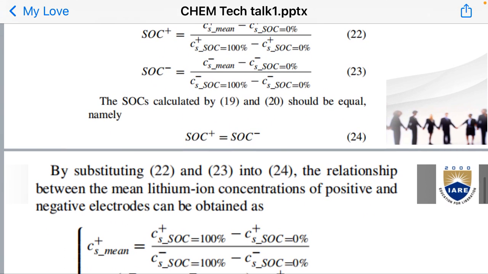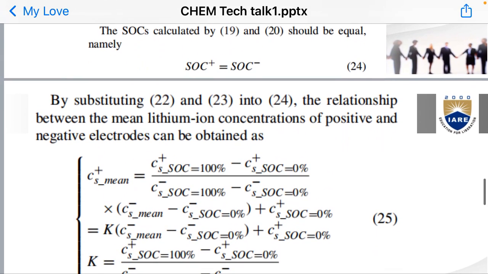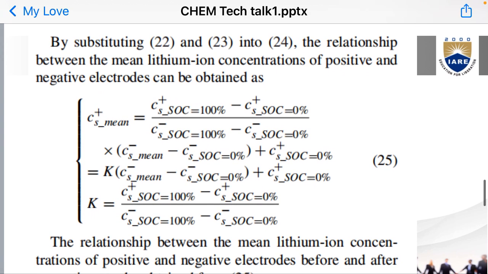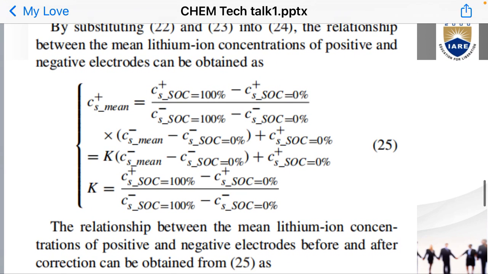The SOCs calculated by 19 and 20 should be equal, namely SOC plus is equal to SOC minus. By substituting 22 and 23 into 24, the relationship between the mean lithium ion concentration of positive and the negative electrodes can be obtained as the following equations. The relation between the mean lithium ion concentrations of positive and negative electrodes before and after correction can be obtained from 25 as